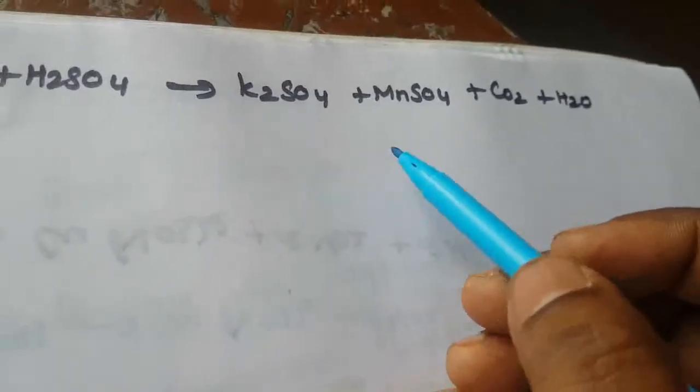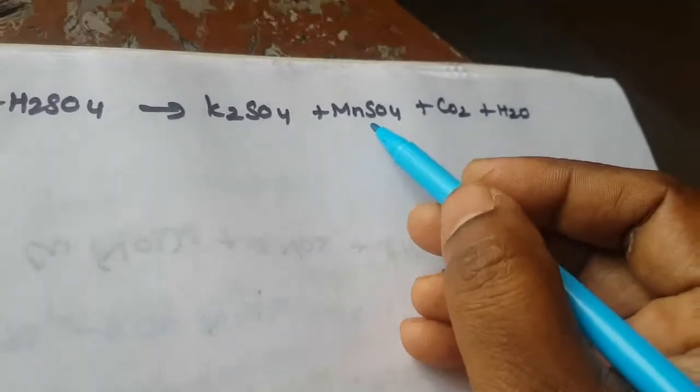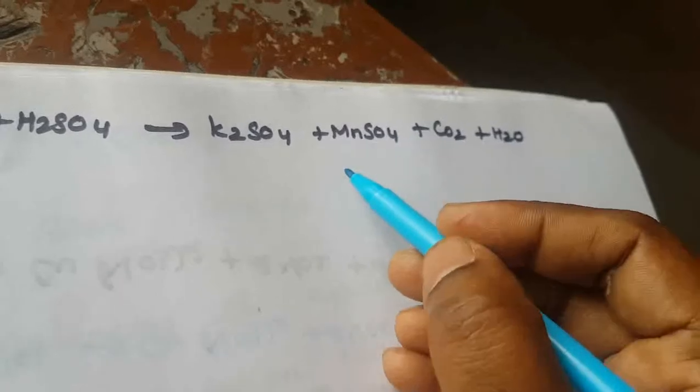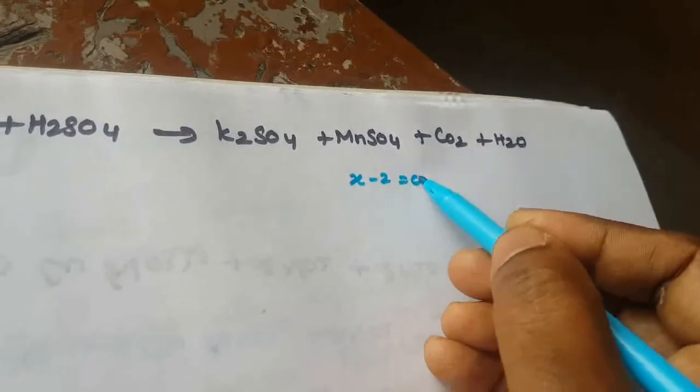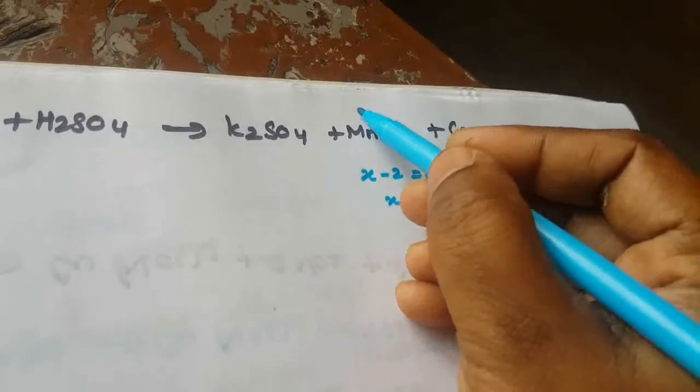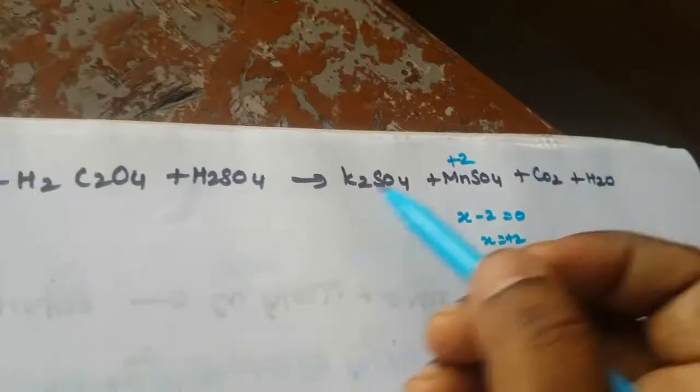So here that is MnSO4. What is the oxidation number? SO4 is minus 2. So X minus 2 equal to 0, X is equal to plus 2. So this is Mn is plus 2. Here then again